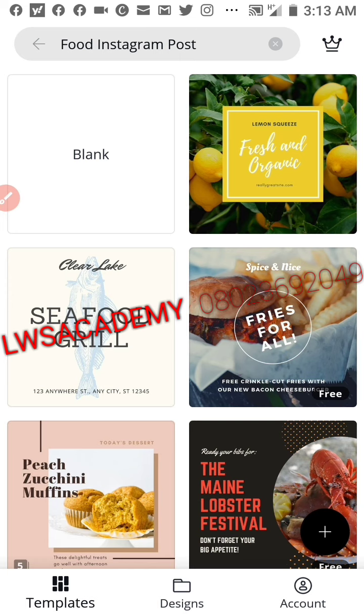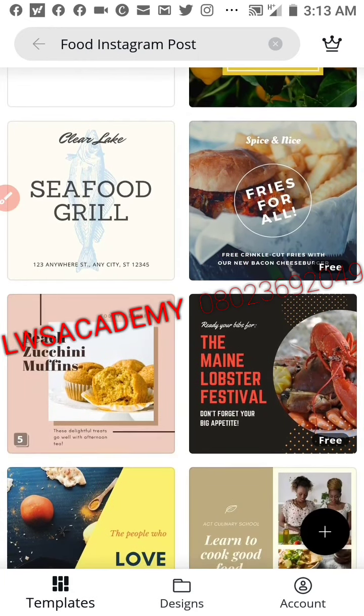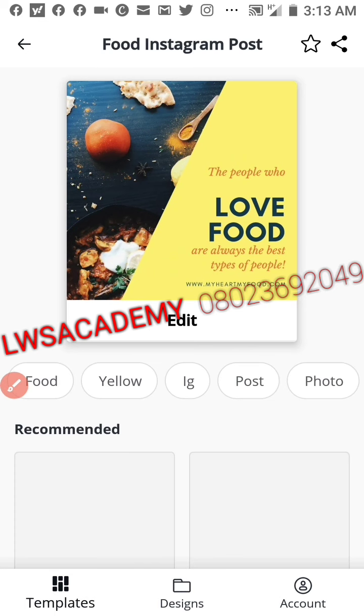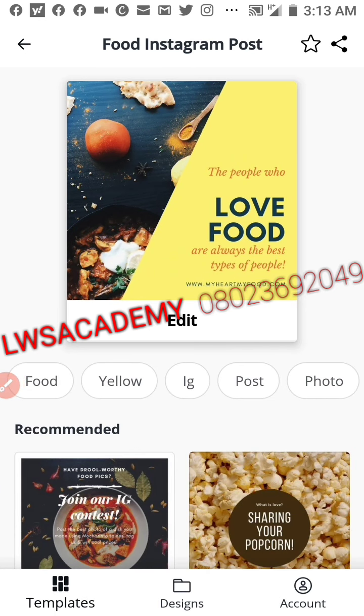But if you're going to use the ready-made templates and edit it to suit what you want to use it for, I'm going to pick this particular one. You click on it. Once you click on it, you find out that there's an edit icon here. You just click on it,